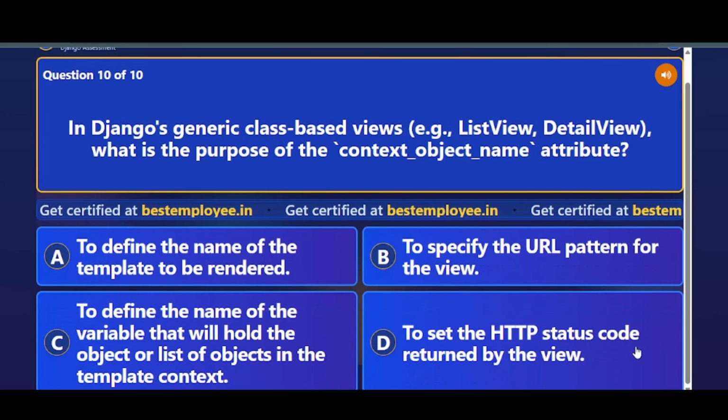In Django's generic class-based views, for example ListView, DetailView, what is the purpose of the context_object_name attribute? Option A, to define the name of the template to be rendered. Option B, to specify the URL pattern for the view. Option C, to define the name of the variable that will hold the object or list of objects in the template context. Option D, to set the HTTP status code returned